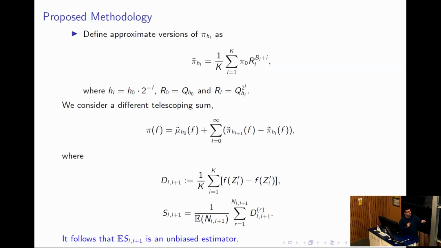Of course, there has to be some level of truncation in terms of the numerical experiments. But once we do this, what we have is essentially this final estimator that you see right here, S of L, L plus 1. And if we take the expectation of this, then we can say that this is an unbiased estimator of our